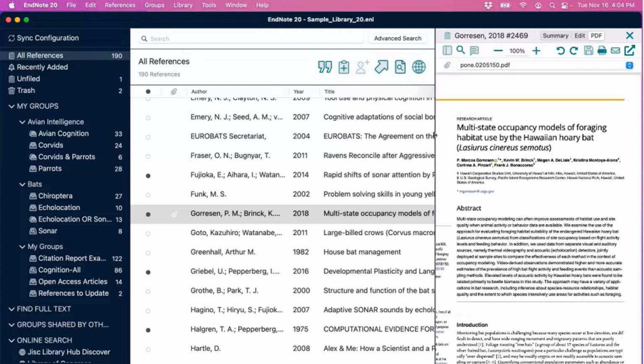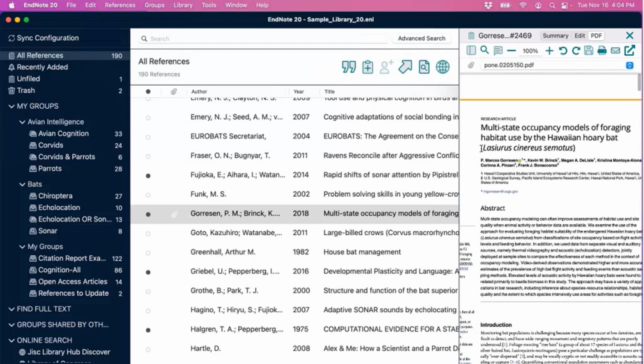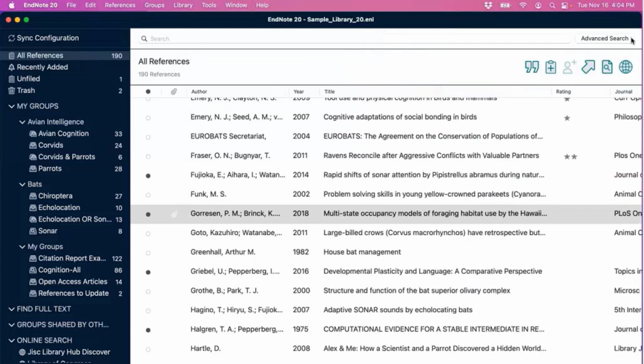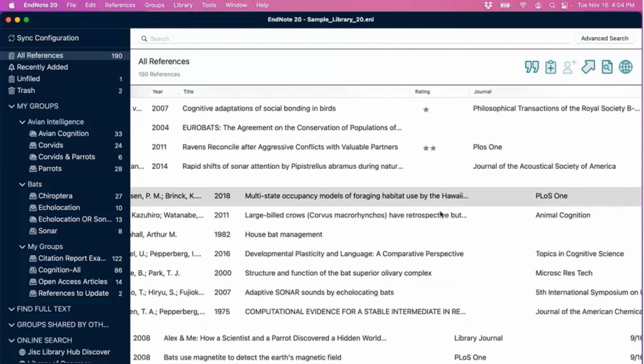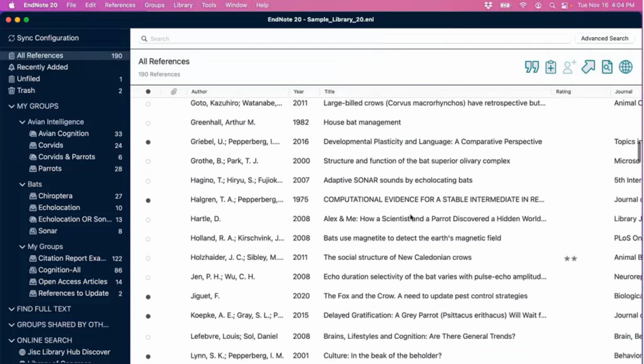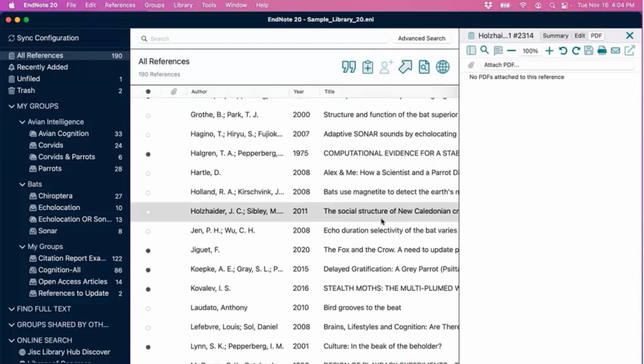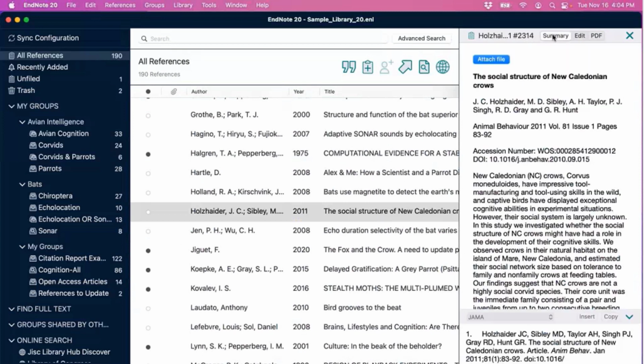Now, you can hide this panel. In previous versions of EndNote Desktop, you could reposition this to the bottom of your library window. I do apologize, part of our streamlining, we've made the decision to have this displayed on the right side of the library window. You can close it at any time by clicking the X in the corner of the reference panel. That gives your reference list panel a little bit more screen real estate, as we see here. And at any point, if we want the reference panel to reappear, we just double-click any reference. That makes that panel show up once more, and we can continue looking at the related details here.